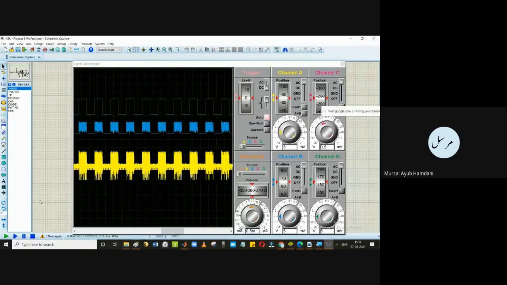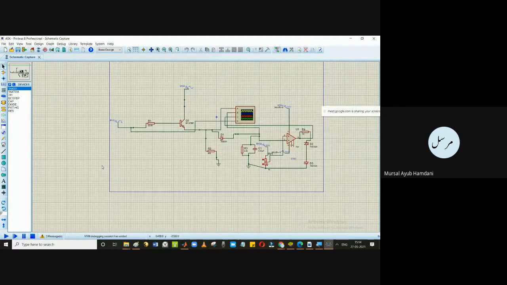One minute, I have taken all the signals. First one, A1 is the pulse. Then B is the output from the diode. Then C is the overall output.